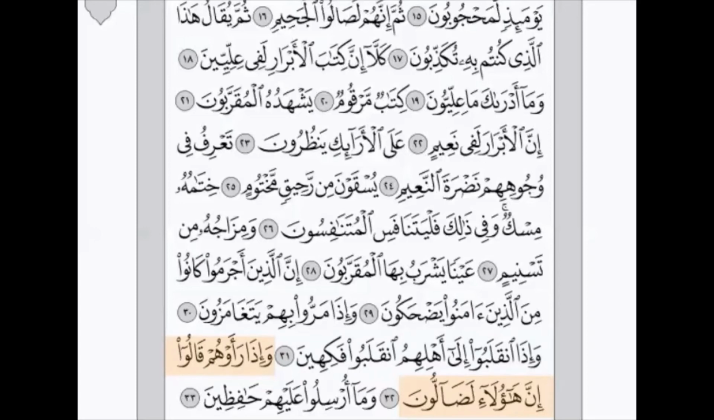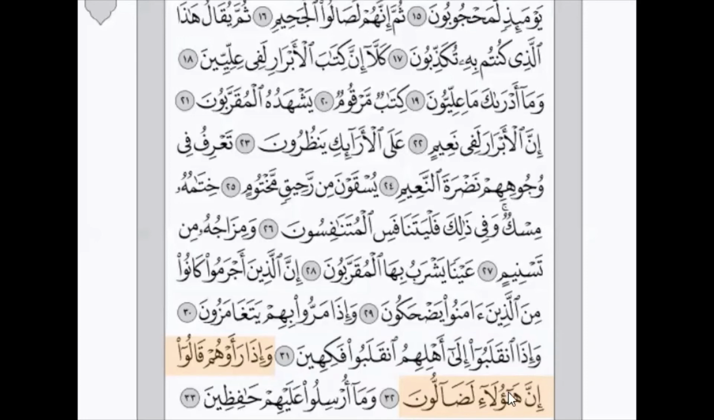The noon here has a shadda. It is a harf غنة مشدد, the غنة itself should be held for 2 counts. هؤلاء, here you have alif mad followed by a hamza in one word. Therefore,